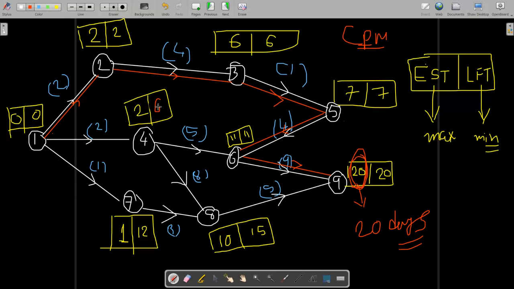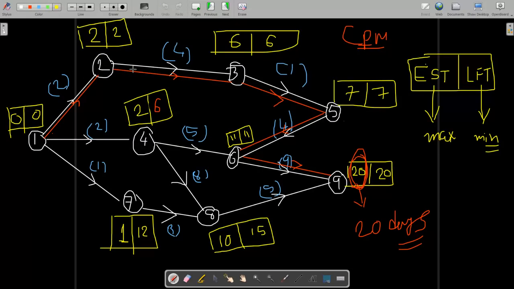Now we will move to PERT. What is PERT? PERT is program evaluation and review technique. In the previous question, all the activities had some fixed time, it cannot be delayed. For example, activity 1 to 2, like start digging up the land and taking out the soil for the foundation, it will take 2 days. That means with all the resources we have, there is no delay. At the end of the second day, your first process is done.